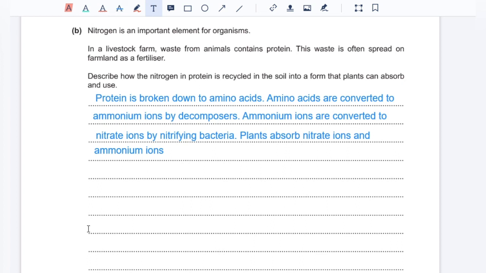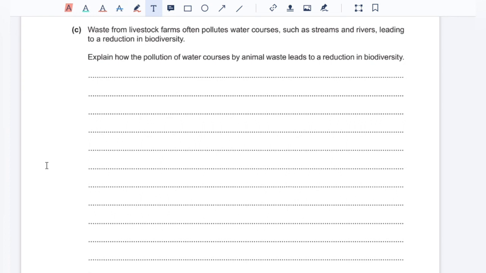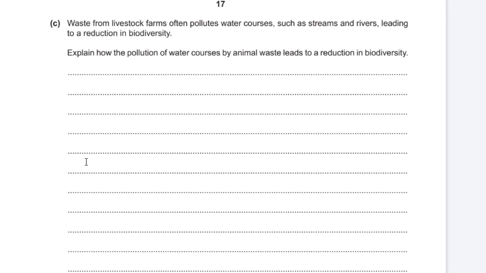C. Waste from livestock farms often pollutes water courses such as streams and rivers, leading to a reduction in biodiversity. Explain how the pollution of water courses by animal waste leads to a reduction in biodiversity. The waste of animals will cause eutrophication because the waste will be used as fertilizers, and these fertilizers in the soil will cause leaching out of nutrients like nitrates when it rains, and so the water will leach out the ions into the water courses, and this causes an increased growth of algae and green plants,